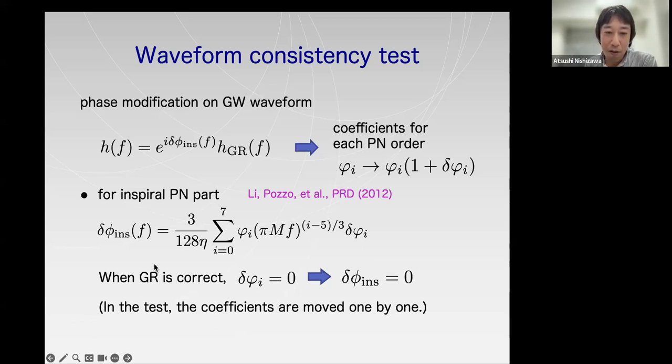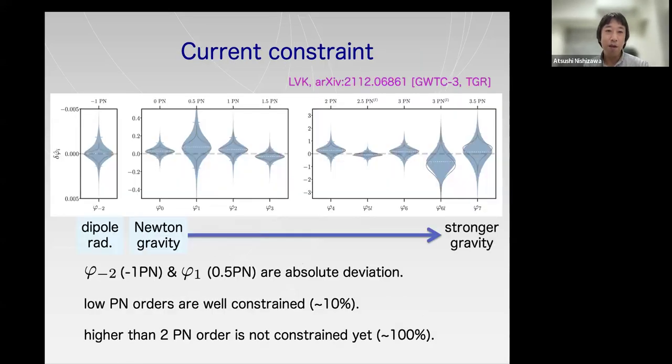So what is done in the actual test is changing one of the coefficients, then testing whether it is consistent with 0 or not. This is a result of the post-Newtonian test. And here is Newtonian order. This order is tested very well, and deviation from GR is allowed up to about 10%. As this is 0.5 PN order, and there is no coefficient in GR at the 0.5 PN order,